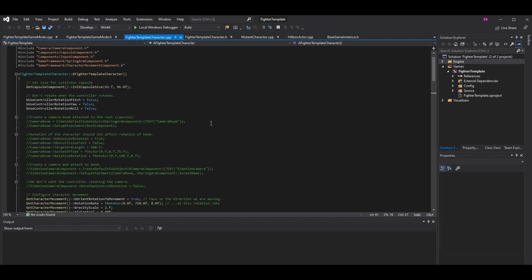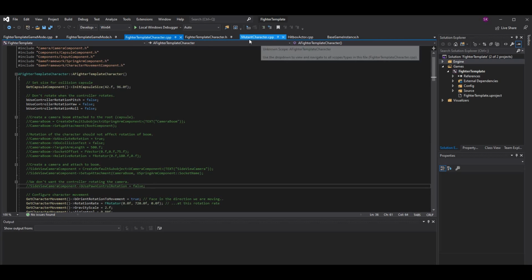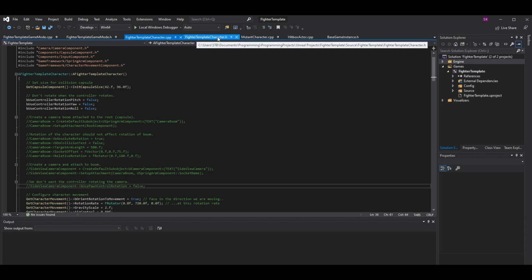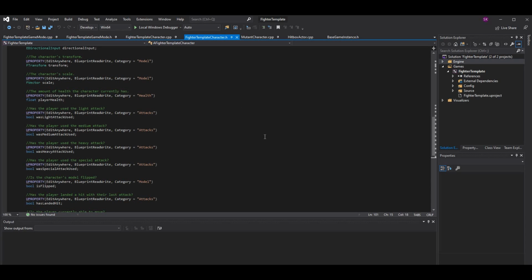So anyway, if you'd like to get started, get rid of all the junk in the template that makes it follow the character around, right? Normally what was going on is the camera was following the first player around because a camera component was attached to the first player. This is all done within the C++ and header files of your template character or your base character. So if we go to the header file,